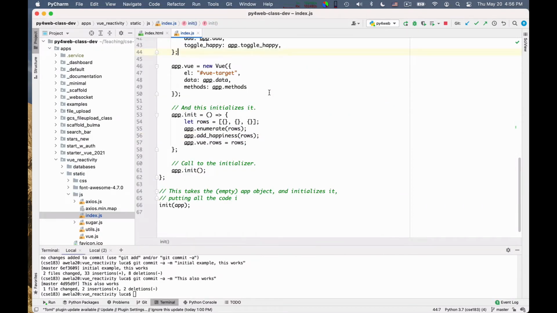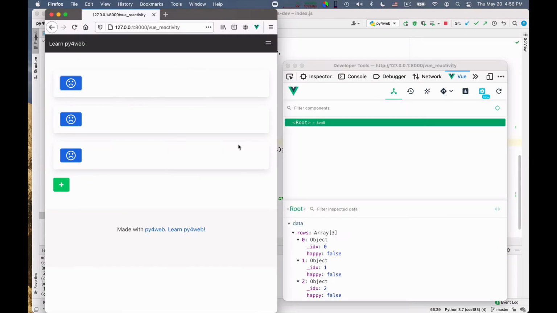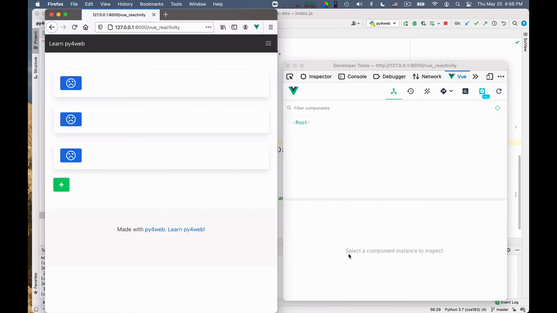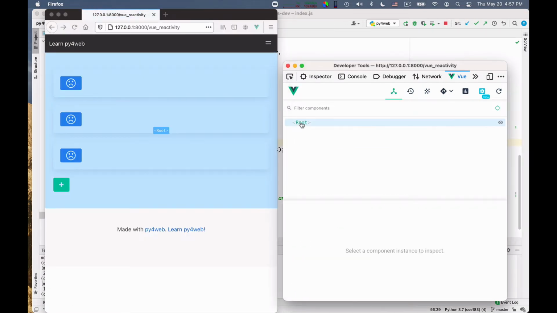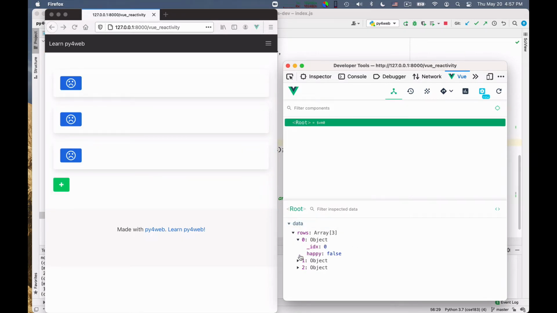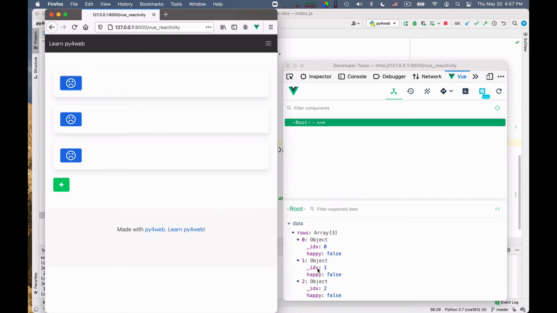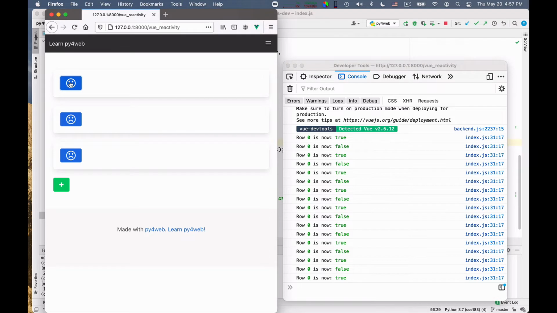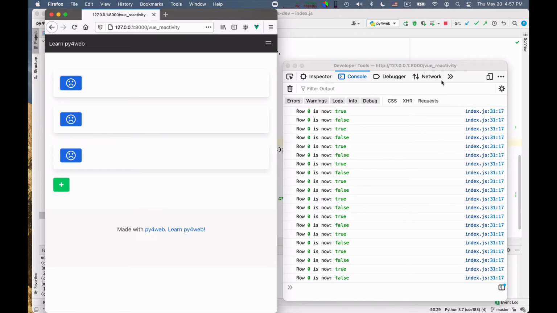If I break it again, let me break it again a moment. Okay, so this was the broken state. If I break it again, the Vue inspector doesn't actually tell me what is going on. Okay, and all I can see is that. So essentially, the Vue inspector tells you not the truth about the attributes, but what Vue believes is the truth. So if you use the Vue inspector, you can detect a lack of reactivity because you see no change. Whereas in the console, you could see the change. You see, it's changing. So this is another way.